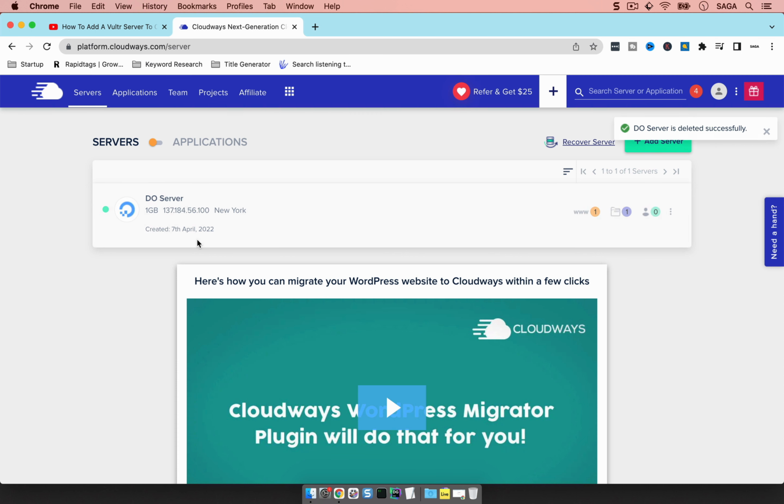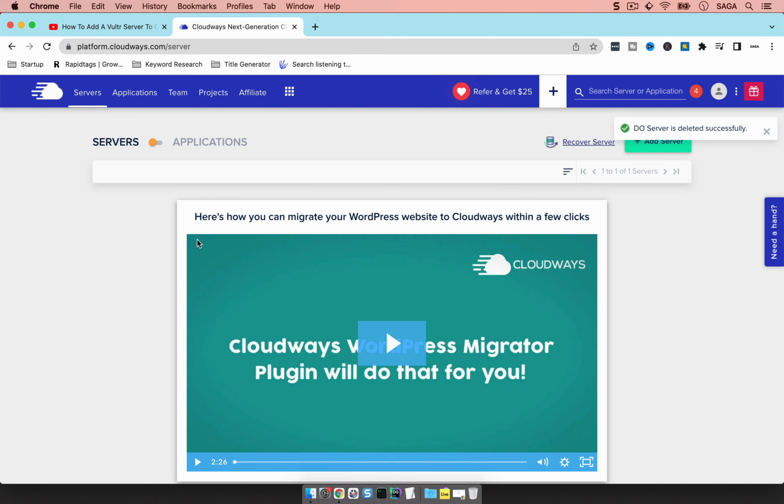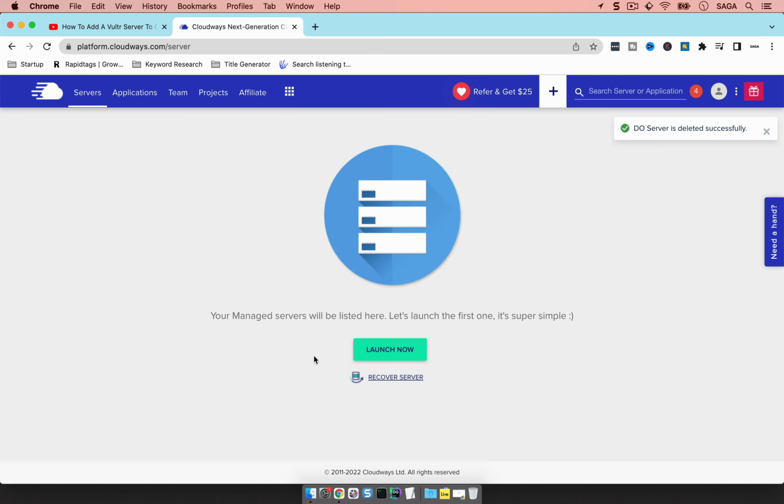But in the future, if you still have a need for it, you just come back, restart a new server, and you're good to go from there. And you can do it at any point, right? Whether it's at the middle of the month, beginning of the month, end of the month, Monday, Saturday, Sunday, doesn't matter, right? That's really what I like about Cloudways, the flexibility that it has, that a lot of the other web hosts out there